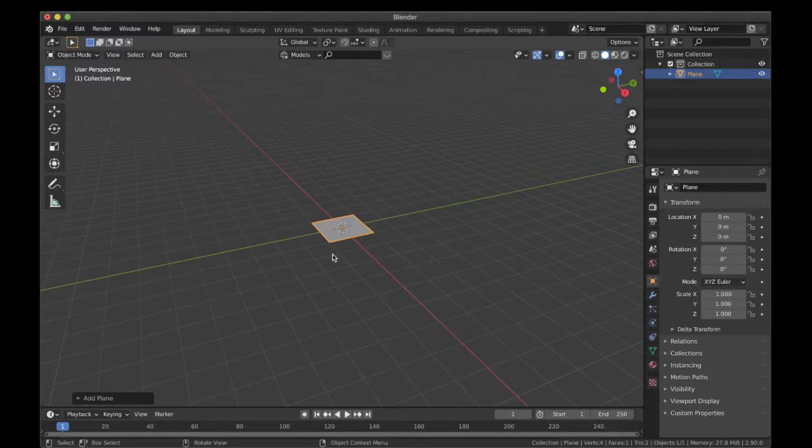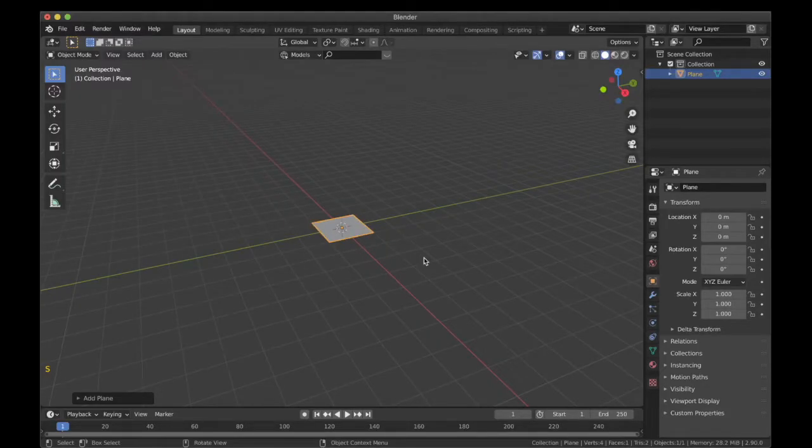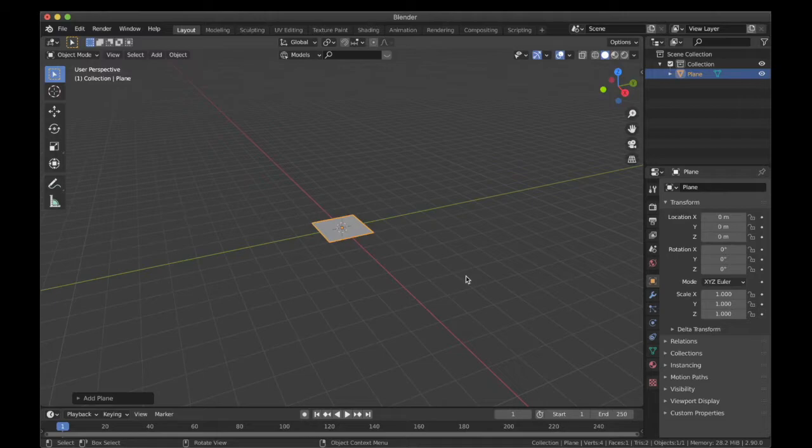If you have watched my previous video, you would have known about scale, rotation and move, but I'll again tell them very quickly. So S will scale the plane and escape will undo that command. Now if I press G, G will move that plane, and if I press escape again, which means that the command has been cancelled.